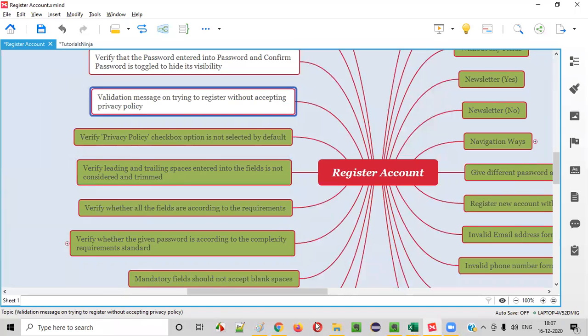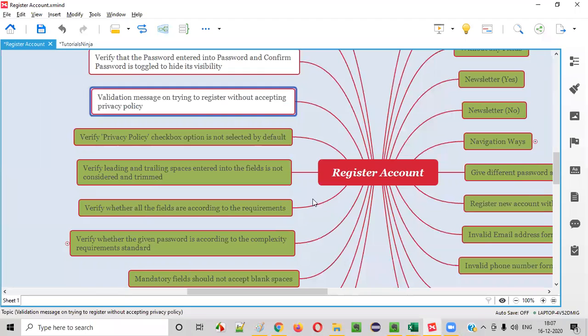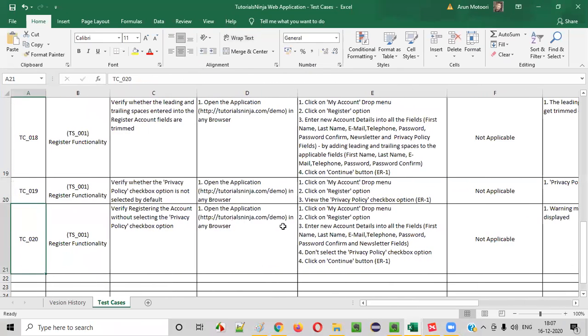What is the warning message, guys? You can copy from here. Okay, this warning message should be displayed. Done. What next? Next one,